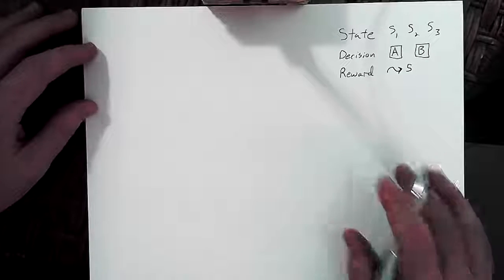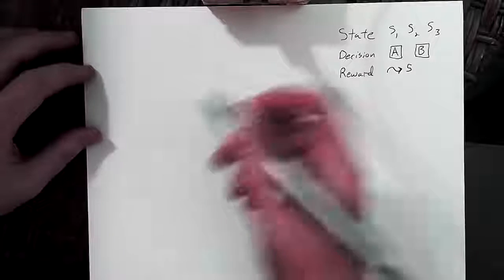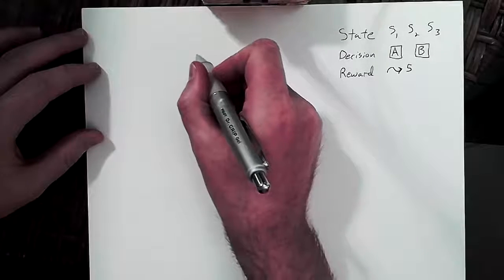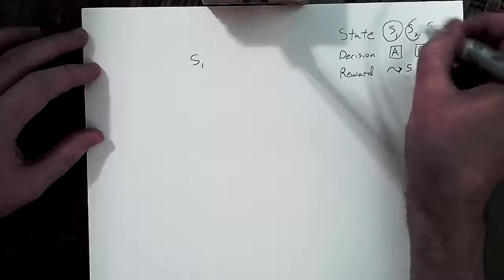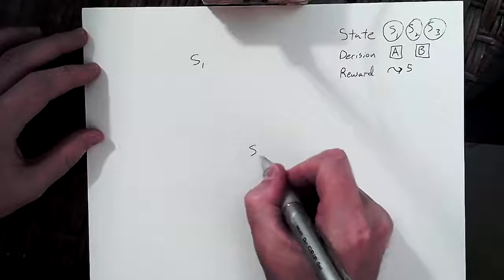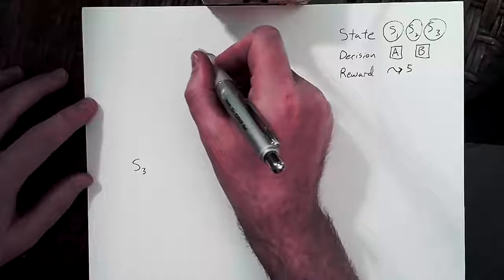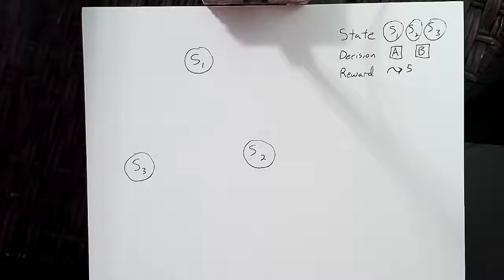Okay, so the idea is that we're going to, and they compare this to video games a lot, but you can compare it to whatever you want, imagine going between some states. So say I'll put state 1 here. Yep, put them in circles like that. And I'll put state 2 over here. And I'll put state 3 over here. And then we have to think of ways to transition between the states. And it doesn't especially matter what the states represent.